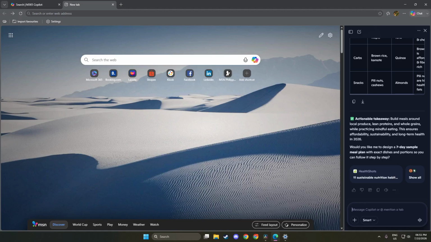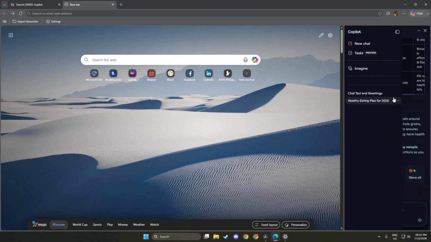Next up, select Delete or Clear Chat History. You will see options that allow you to remove your chat history. Click on either Delete or Clear based on what you see. This action is essential because it ensures that your past chat records are permanently removed.